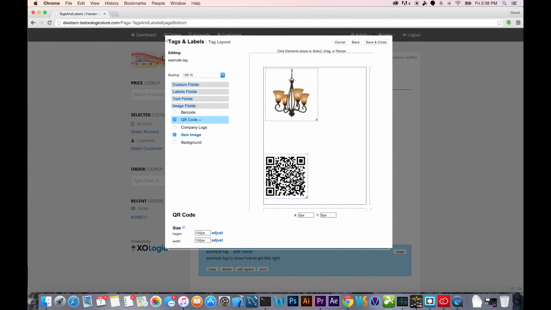QR code is basically making it so that when you scan this using a QR scanner on an iPad or a phone or a Microsoft Surface or anything like that, it will automatically pull that up on the XOLite's website. Now, this is very, very useful if you're doing quotes within the XOLite system, because what you can do is when you have a quote open and you're browsing for products and you're browsing around a showroom, what you can